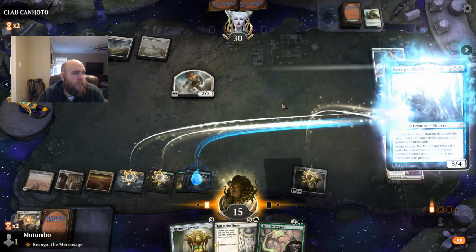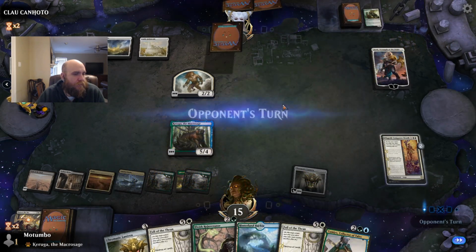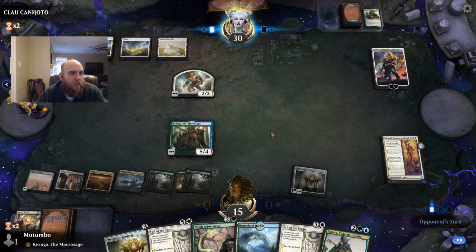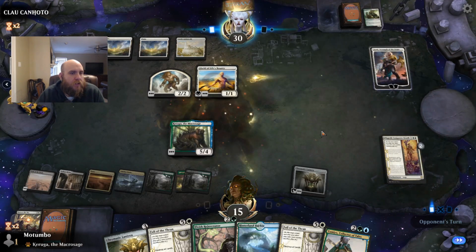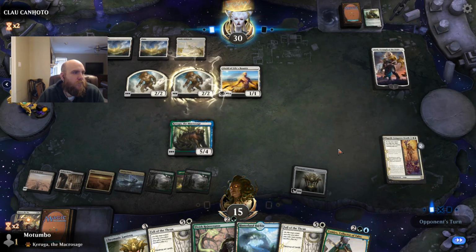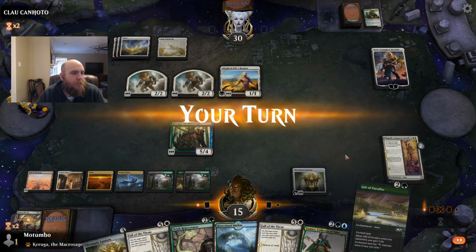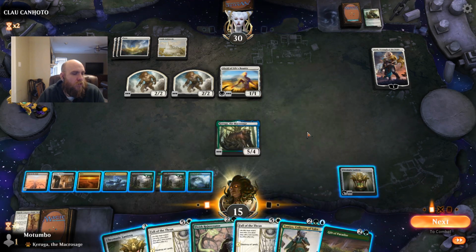Alright, then we can draw a bunch of cards. Okay, this worked out really well. Because now we can bring back this Elspeth Conquers Death and kill this Ajani's. You wanna bring it in? No? Well...